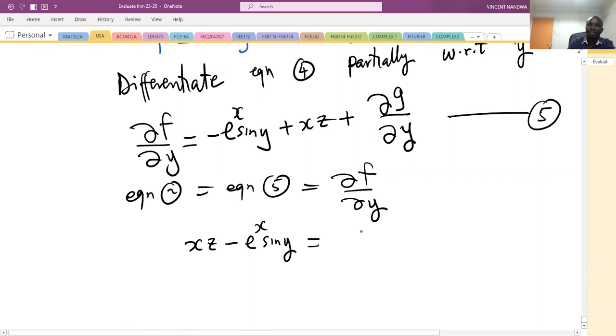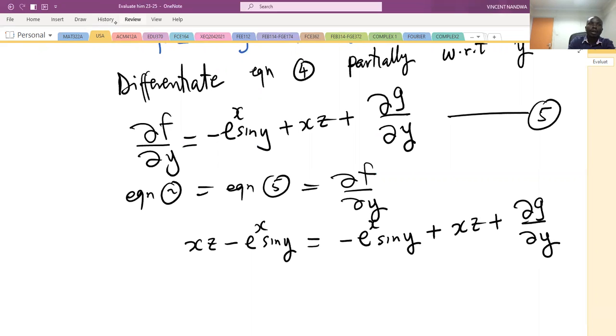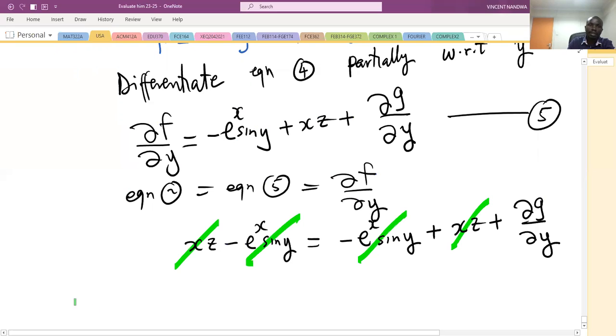We equate it to equation 5, which is minus e raised power x sine y plus xz plus partial g partial y. So this and this cancel out, this and this cancel out, which implies